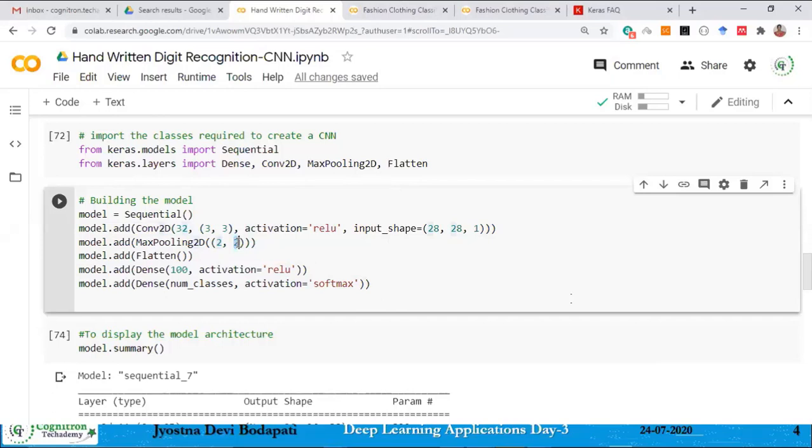We use a non-overlapping max pooling, ma'am. The argument is a tuple. Yes, of course, it's a tuple. That's why you have two brackets. The first argument indicates it's a 2 by 2 window we are considering. That means from the 2 by 2, you are taking the max value. And the second argument indicates it's a stride, because we are going to apply the non-overlapping pooling, so we are giving the stride value as 2.